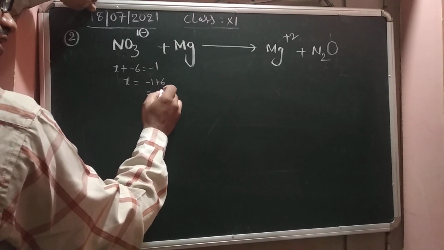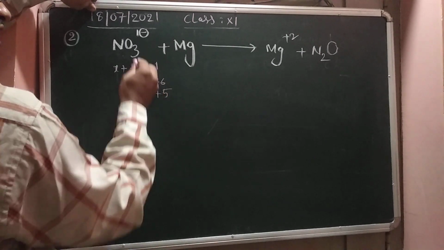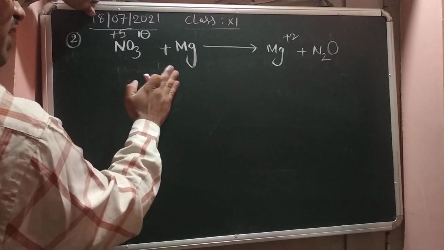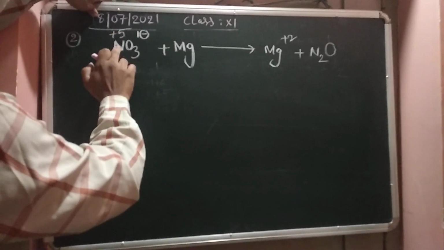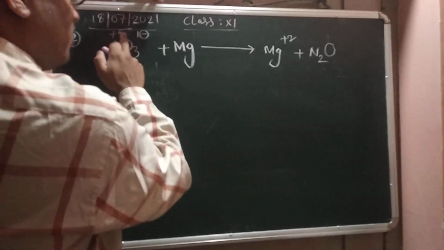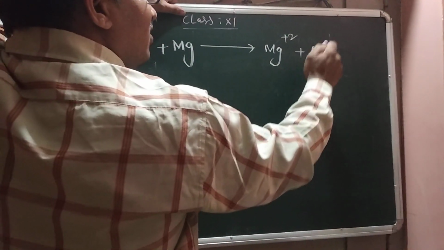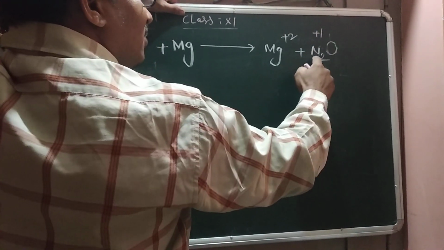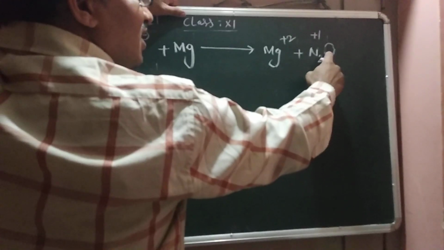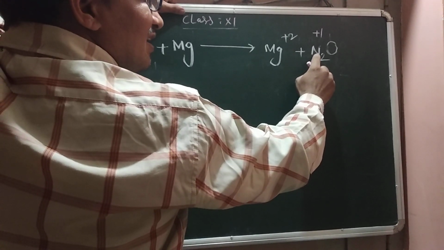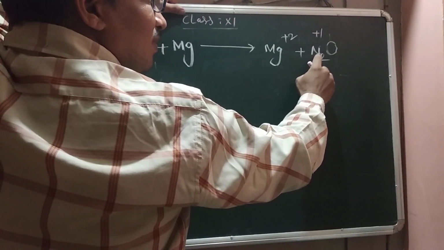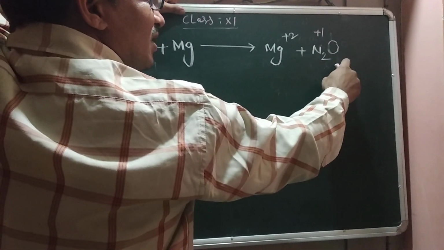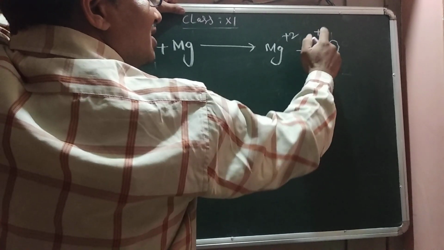Okay, that is plus 5. Here nitrogen oxidation state is plus 5. Already you know this. So how do we identify the oxidation number? Nitrogen oxidation state is plus 2, plus 5. Here in N2O, each nitrogen oxidation state is plus 1. Why? Because each nitrogen oxidation state I will think x, so 2x plus minus 2 equal to 0, 2x equal to plus 2, x equal to plus 1. Nitrogen oxidation state plus 1.